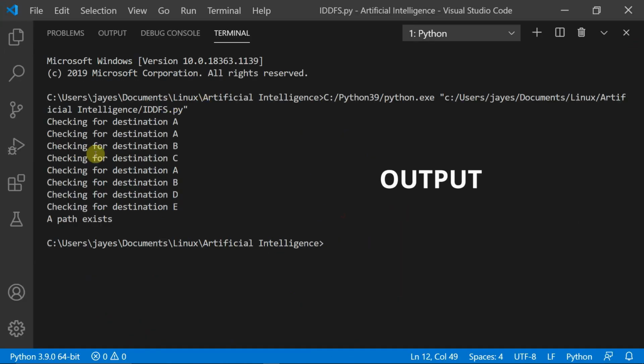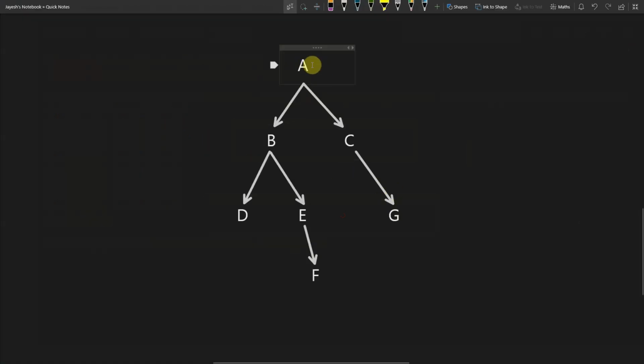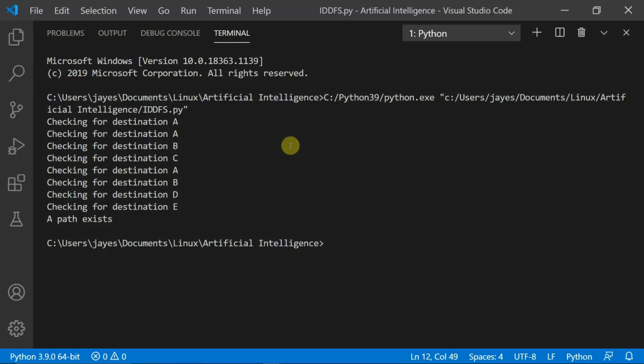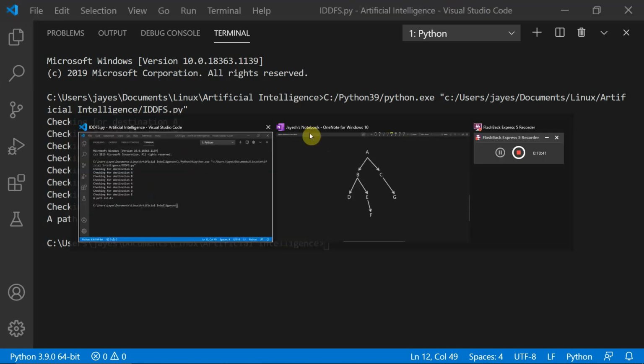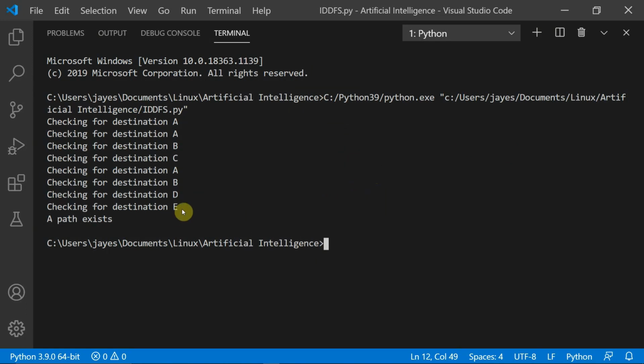So as we can see here, first it's checking for A. A is the root at the first level, and initially our max depth would be 0, and it would just check whether our current node, which is A, is equal to our destination or not, which is definitely not, because our destination is E. And this is a path exists, this is not A. Okay, so don't get confused.